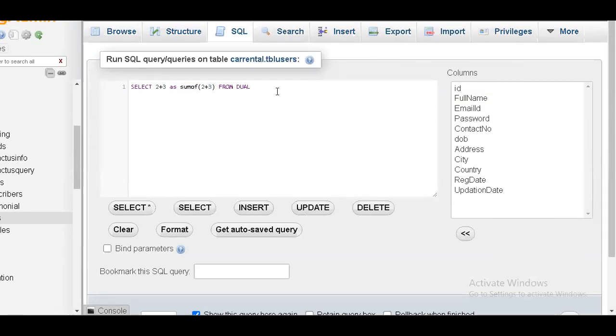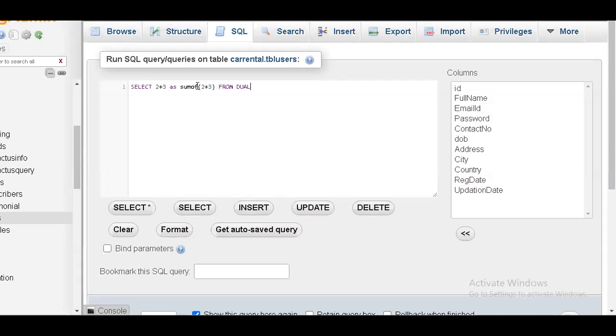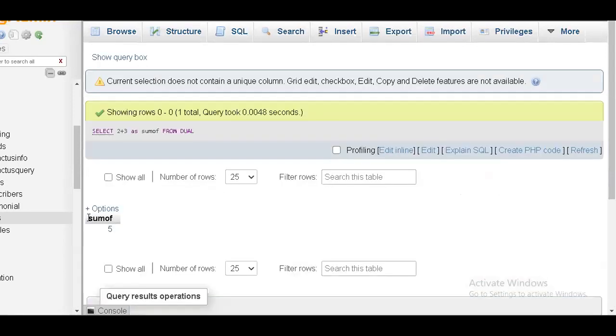When I enter it, I get the output as the alias name, so the function, the logic, is not displayed on the screen.